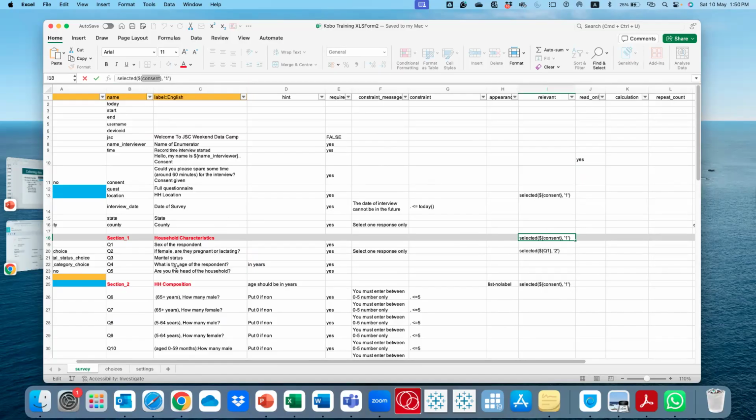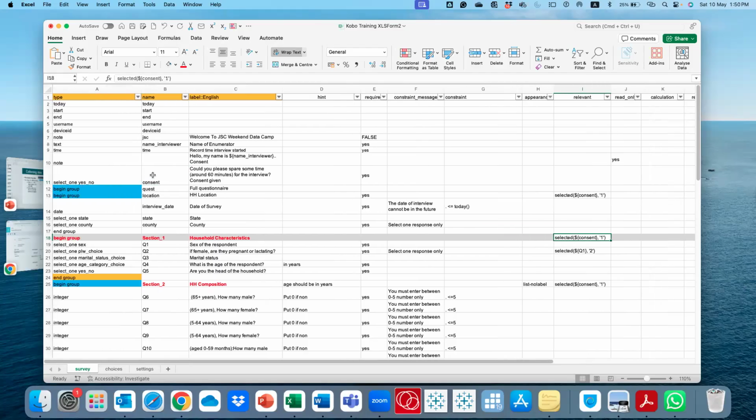So if you go to where consent is the name, here is consent, and it is saying if one is selected, then this question will display. So what you need to do is say, what is one? This one means select one, yes, no. So the choices will be under the yes, no.